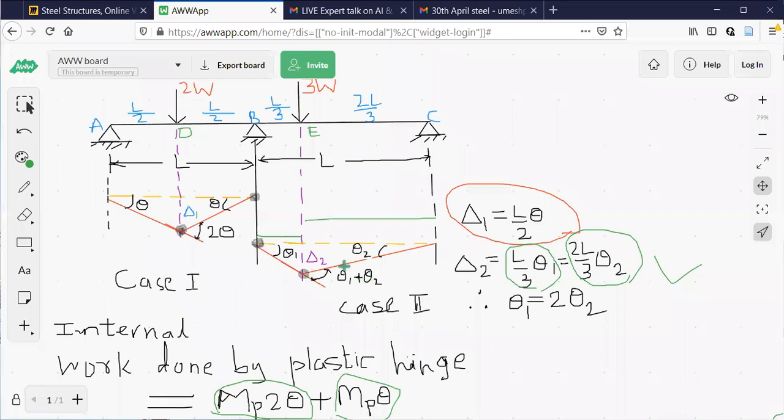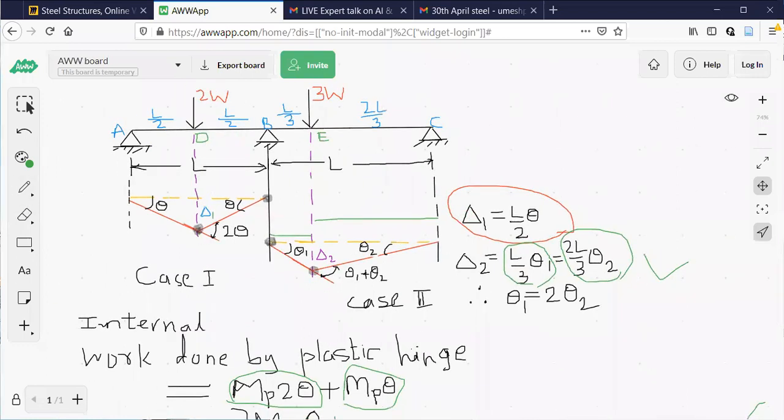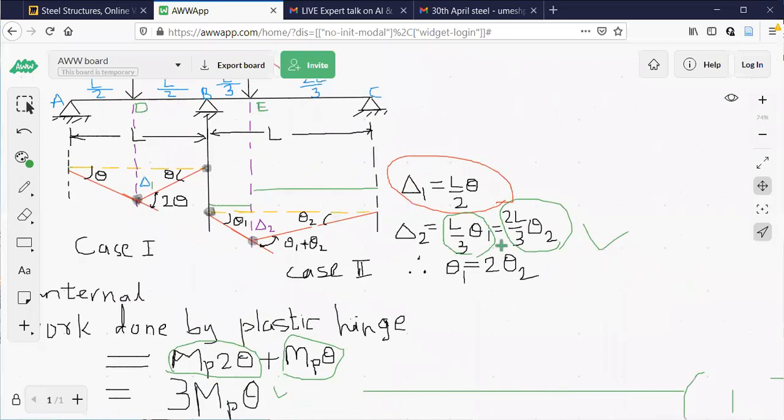Actually, this diagram is nothing but side by side, because this plastic hinge and this plastic hinge are not different. Try to understand here. For the sake of convenience, the diagrams are drawn at different levels. Normally, this and this should be side by side, but textbooks also follow this. Okay, so now observe here.